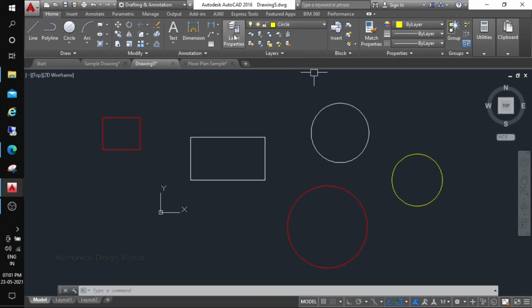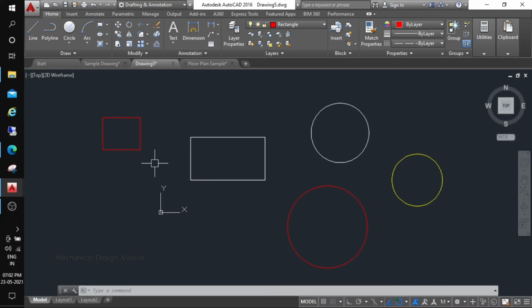And there is also one more way, by using a command known as LAYMCUR, layer make current. You can see it says select object whose layer will become current. If I choose an object which is on the 0 layer, you can see it changes to 0. If I choose this object, you can see rectangle has become the current layer. So using the command bar also you can change the current layer. This is the method to change the current layer.